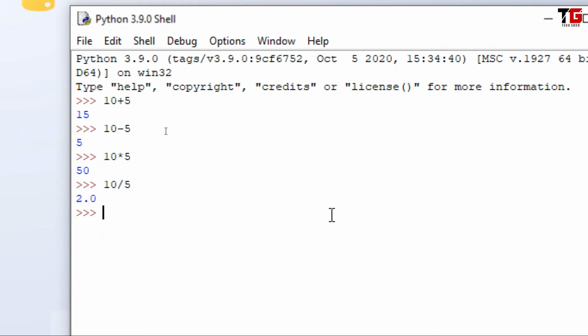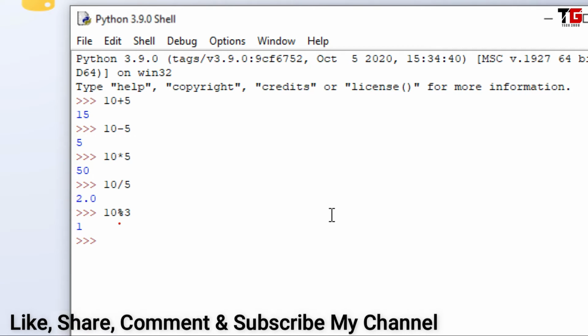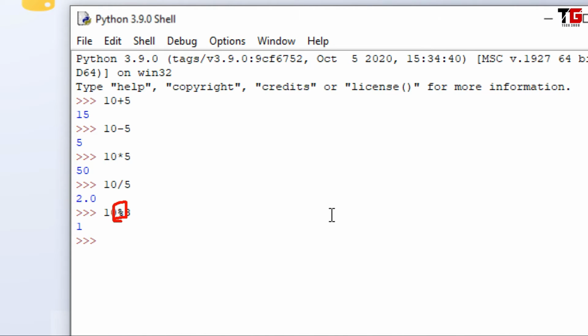Alright friends, if you want to get the remainder, then we use this modulus symbol. So now I am going to divide 10 by 3 and I will get the remainder. We all know when we divide 10 by 3, we get remainder as 1. So it means this modulus symbol, this operator returns the remainder.